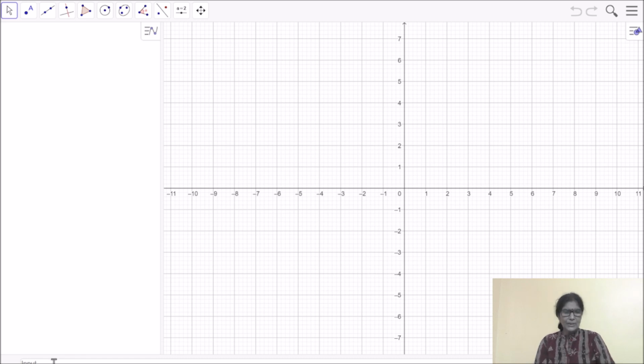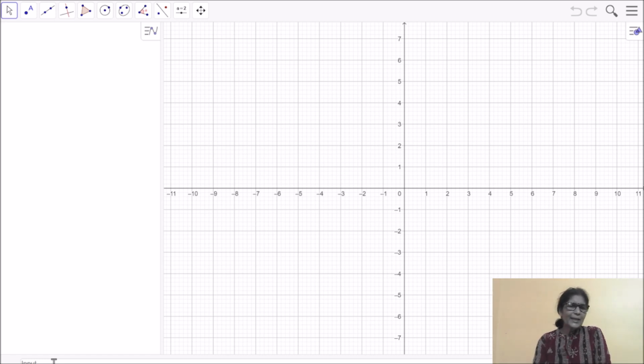Just in the bottom you can see it is written input. That means you can give many commands there. You can give the function to draw the graphs. So here I will take two coordinates, one is x and one is y, and I'll ask to make the points. That means variable values for x and y, so that it will plot the points. For that, I am not taking x and y, because when I give the command x is equal to 1 or 2, it will draw a line.